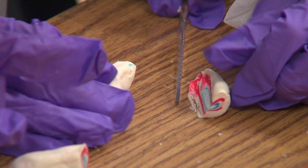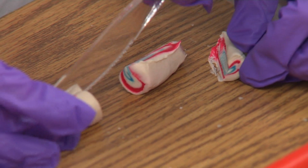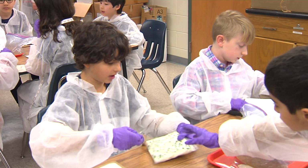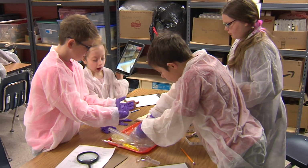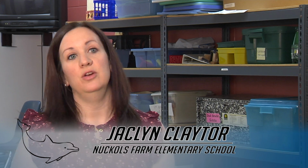So they are able to count the rings inside the tooth to see how old their dolphin is. They're taking a look at a blubber sample to see if there are any parasites present in the lungs, and they're taking notes on all of those things. These worm-like things are actually parasites that are in your dolphin's stomach. As a team, they have to take all of this evidence and really come up with a diagnosis of what